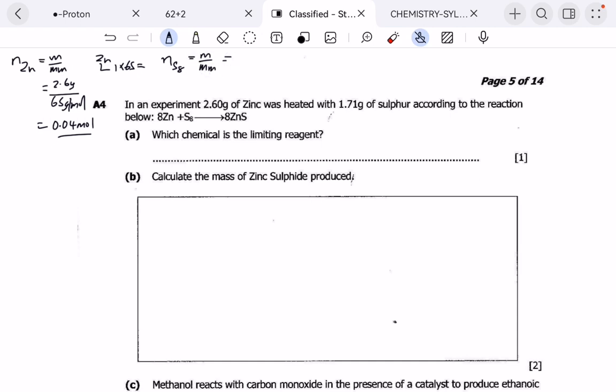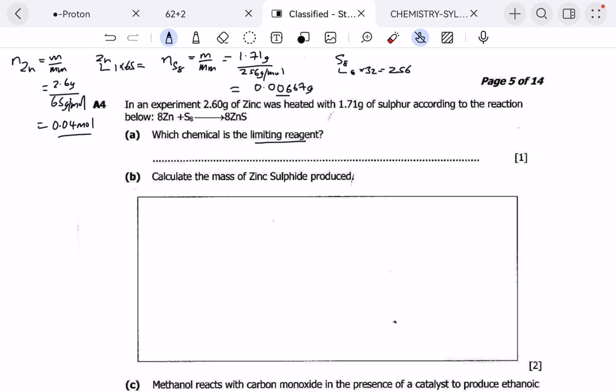mass. The mass given is 1.71 grams divided by the molar mass of sulfur S8, which means 8 by 32, which would give us 256. So this would be 256 grams per mole, which will give us 0.00667 moles. Now, to find which one is a limiting reagent, we just have to divide the calculated moles by